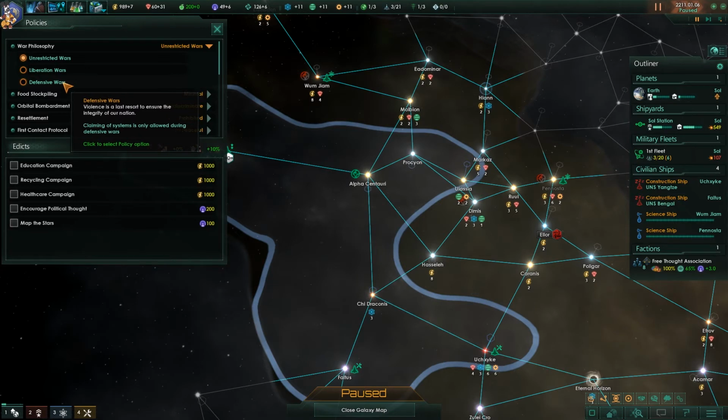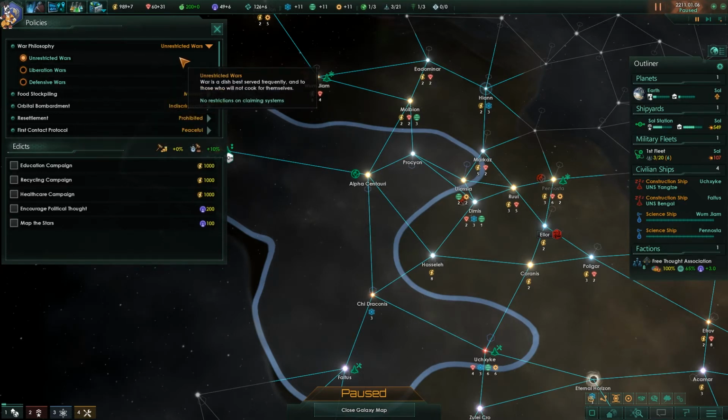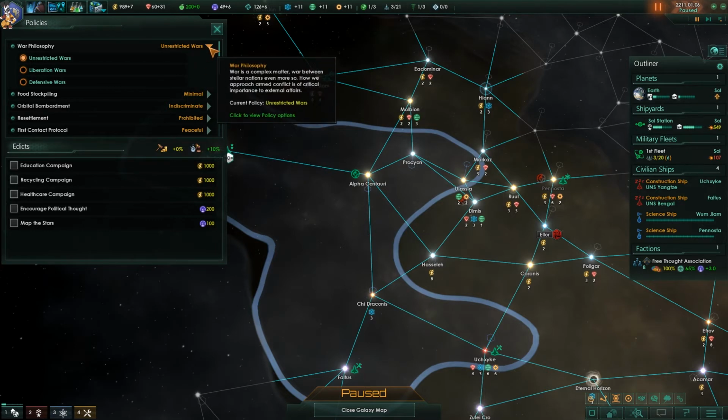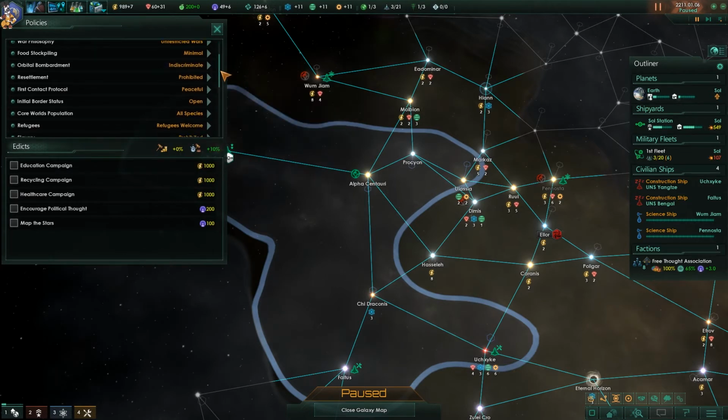These two here are mostly restricted to pacifist empires, but you could choose to use those ethics if you wanted, and as a result, you could make other alien races that were pacifists more inclined to be friendly to you because you're doing the same sort of ethics as they are. There's all sorts of stuff covered in here, but the ones that we really want to look at here are